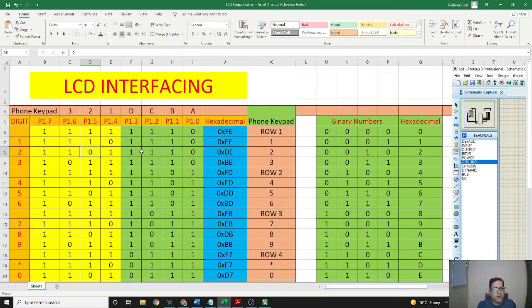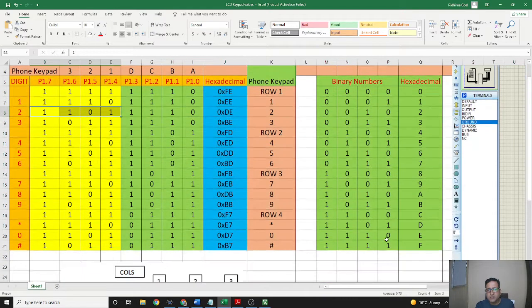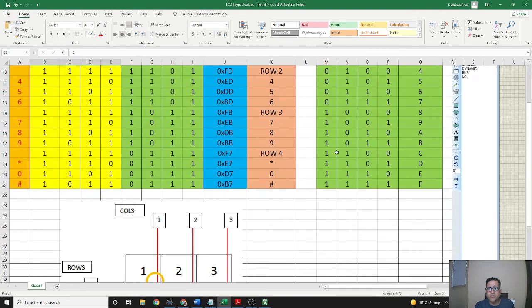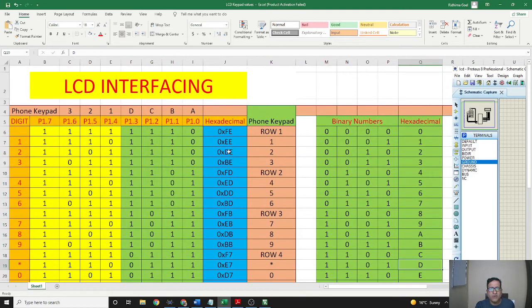And if it is pressed, our second digit will appear on the LCD, and this 1101 you can see from the table is D. So we have written D here, and this E will remain the same for row 1.